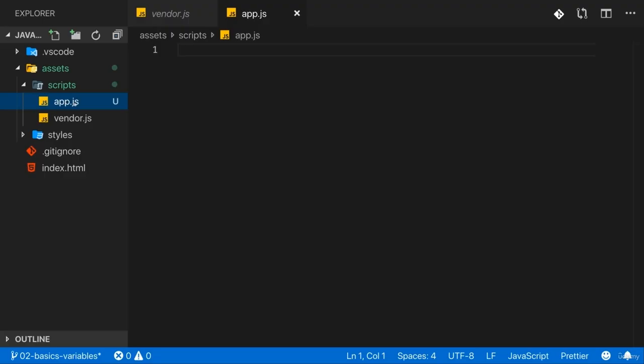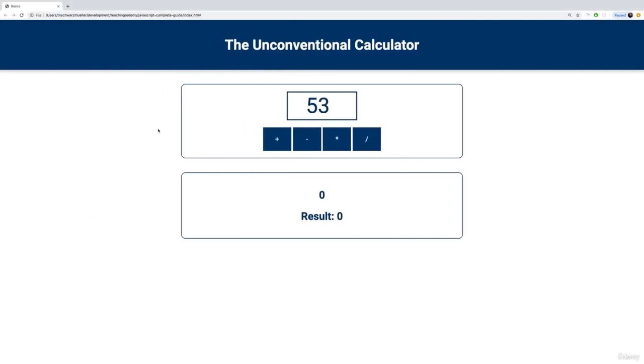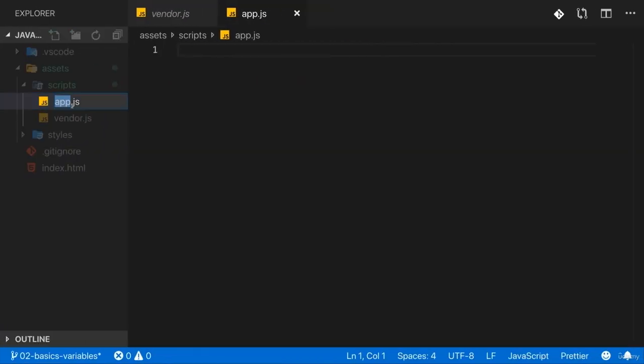Now you can also name this file however you want. I'll name it app.js because it will drive our simple front-end browser-based application we're building here, but you could name it my-script.js or just script.js or whatever you want. The only thing that matters here is the file extension, which should of course be .js because it will hold JavaScript code. Now that's the script file we'll work on, and that's the file where we will add our calculator